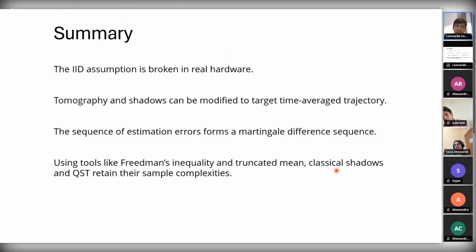But to do trajectories, I don't know what techniques I could use. Not the standard shadows, but other things. If you are able to estimate trajectories, that would be very interesting because you could target non-linear quantities of the